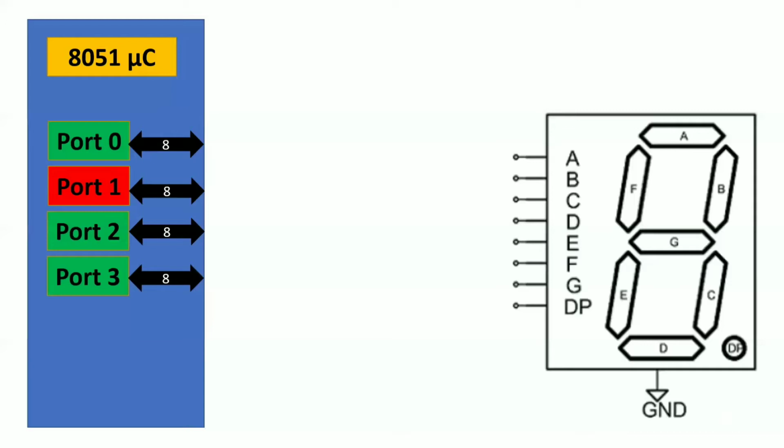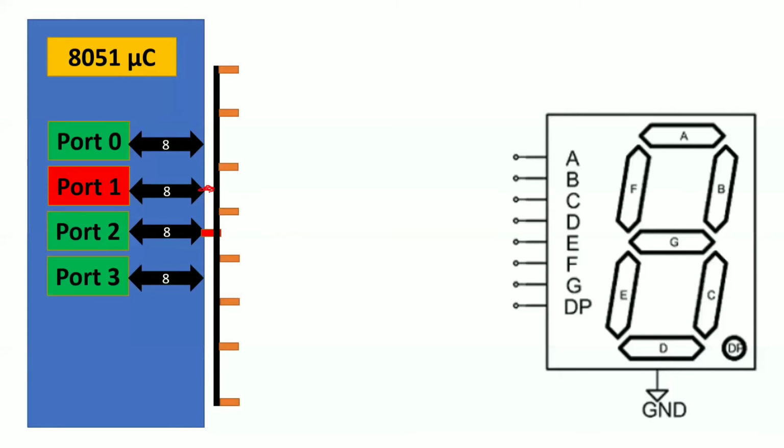So now we can use port 1 to interface this 7-segment display. Now port 1 consists of how many lines? Exactly 8 lines. Similarly, the 7-segment display also consists of 8 lines, because there is an extra DP here. If you don't want to use DP, just put 0 there. So it is also having 8 lines. I am sure you know now how to connect this. The 8 pins are connected to each other. Sorry, actually this has to be port 1 to be connected. I gave the wrong signal there. So it has to be port 1.